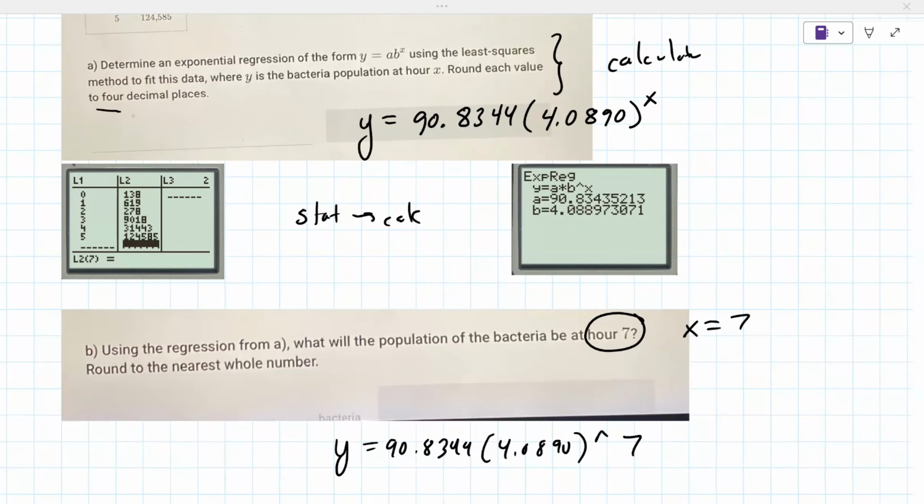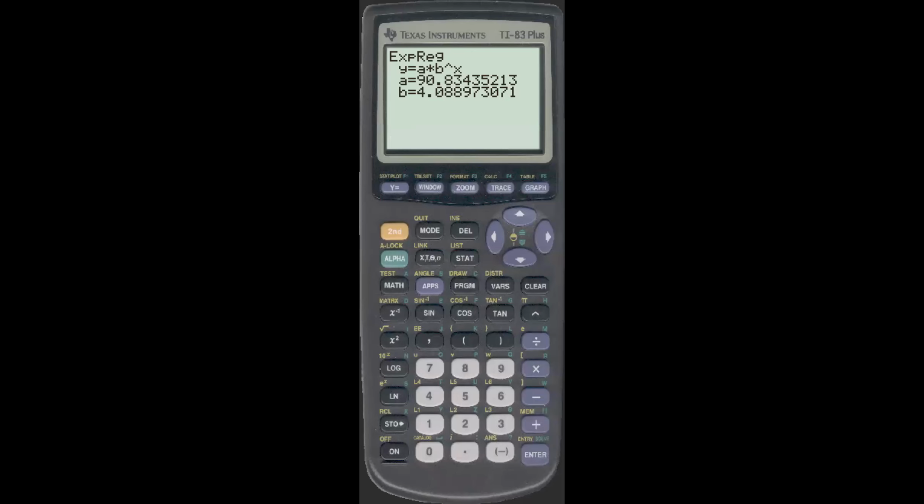So, let's see. Should I just click second quit again? Yeah, you don't have to. You can just enter it right there in the calculator as is. Oh, okay. I'll show that here. You just start typing